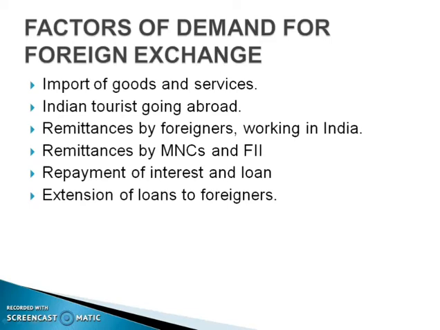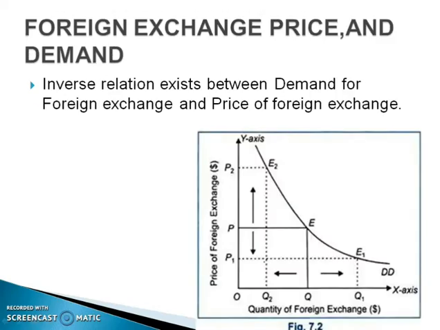As we said earlier, we treat foreign exchange as a good. Like demand for goods, demand for foreign exchange also has an inverse relationship with its price. That means if the price of a foreign exchange is higher, the demand for that currency would decrease. Suppose the price of the dollar goes up, all imported goods will become costly for us in terms of rupees. We will demand less of these goods. So India's demand for dollars may fall.